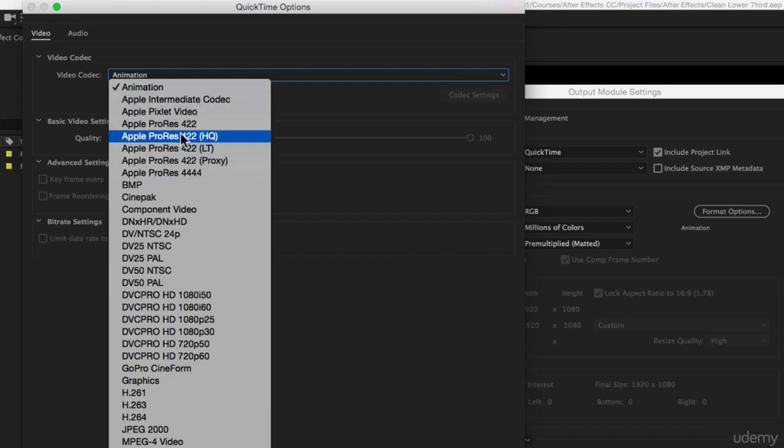So if you're working with other people, or if you're working with these effects and you want to add them to a video that you're editing in Premiere Pro, for example, you might want to choose Apple ProRes. 4444 is sort of the max quality out of the ProRes options. Or if you just want to quickly export more compressed version, but still a high quality version of your file,